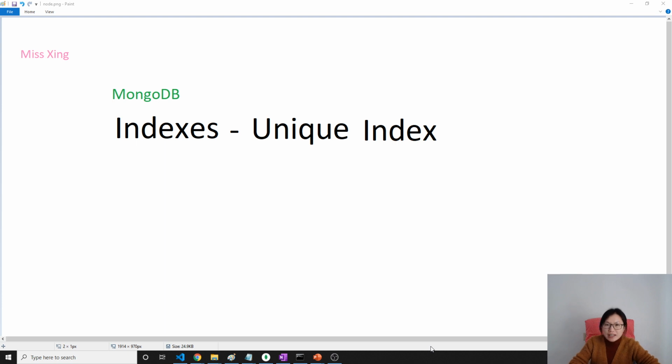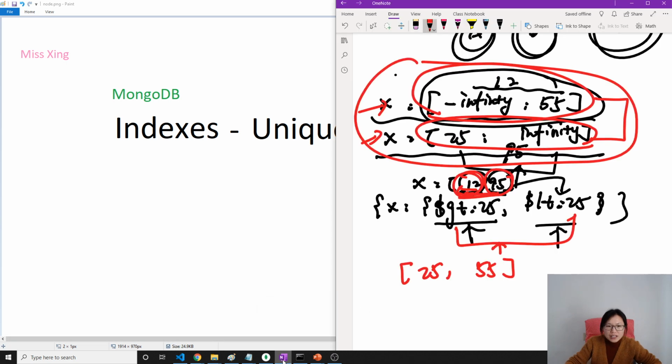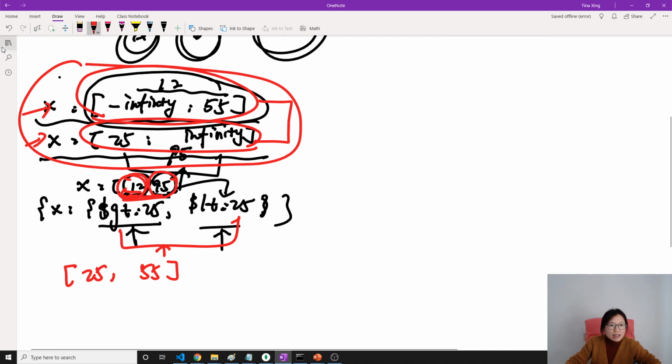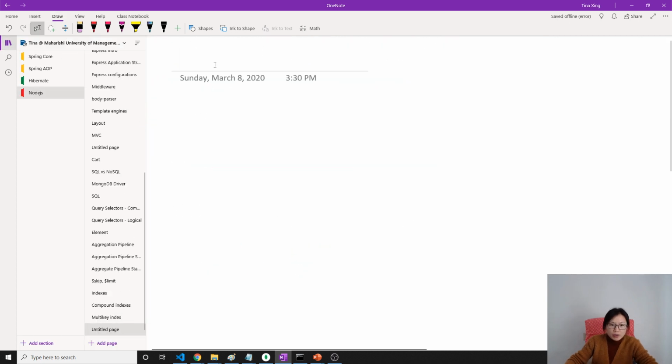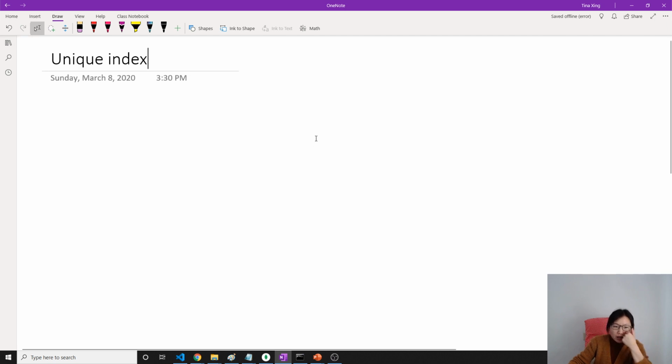Like the primary key, the underscore ID, the value for underscore ID is gonna be unique, which lets you uniquely identify a specific document in the collection, right? But when we design, why do we need to create a unique index? Because we already have a primary key. By default, the primary key is gonna be unique, right? And we already have a unique primary key. Do I need another special field to be unique? Yes, you need to, because when we design